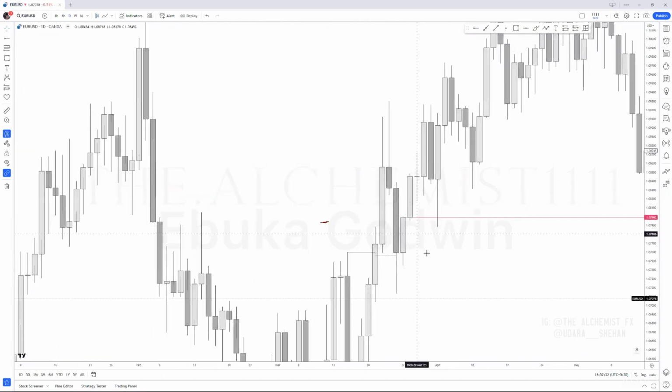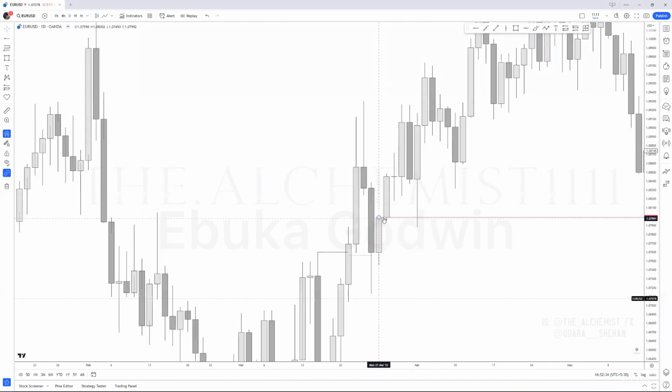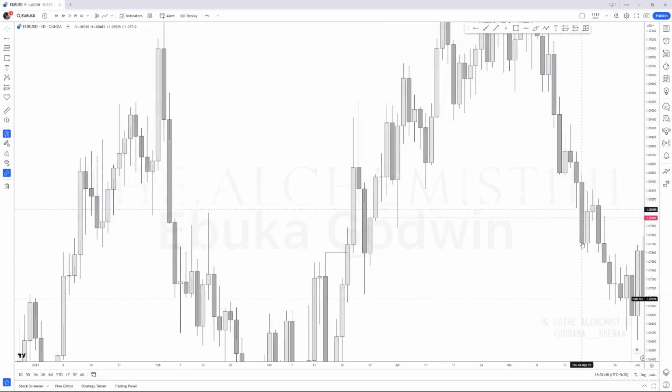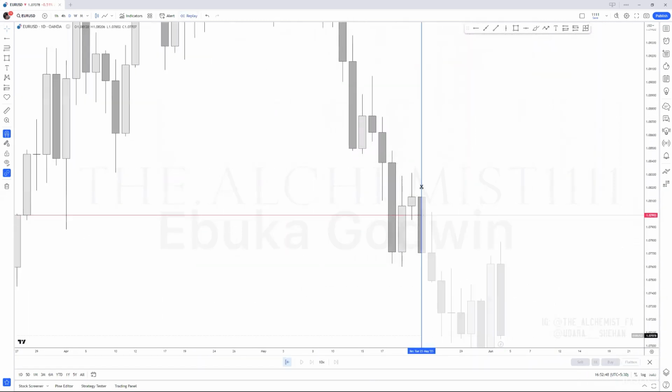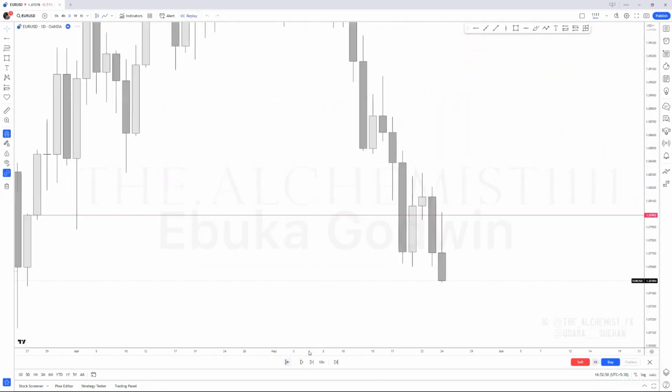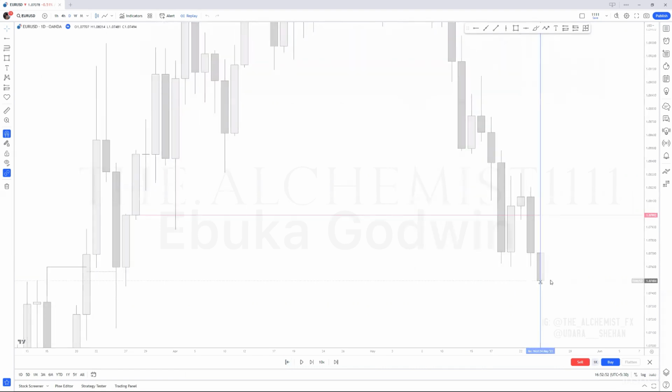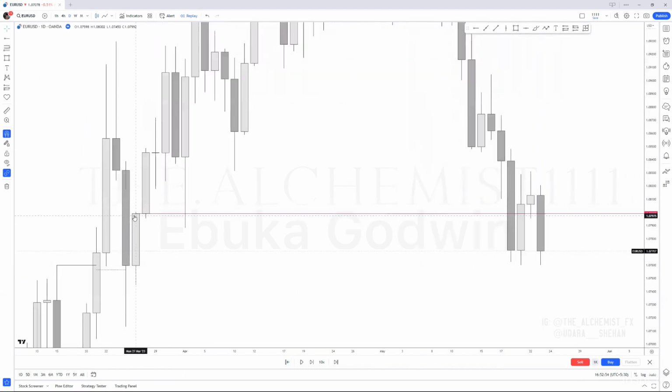We will go deeply into this because why? Can you see that this level was once used as a support? After those levels are broken, it pretty much gets used as a resistance at least once before falling. That is why we use that level, because most people, when the market is here, will ignore this zone.